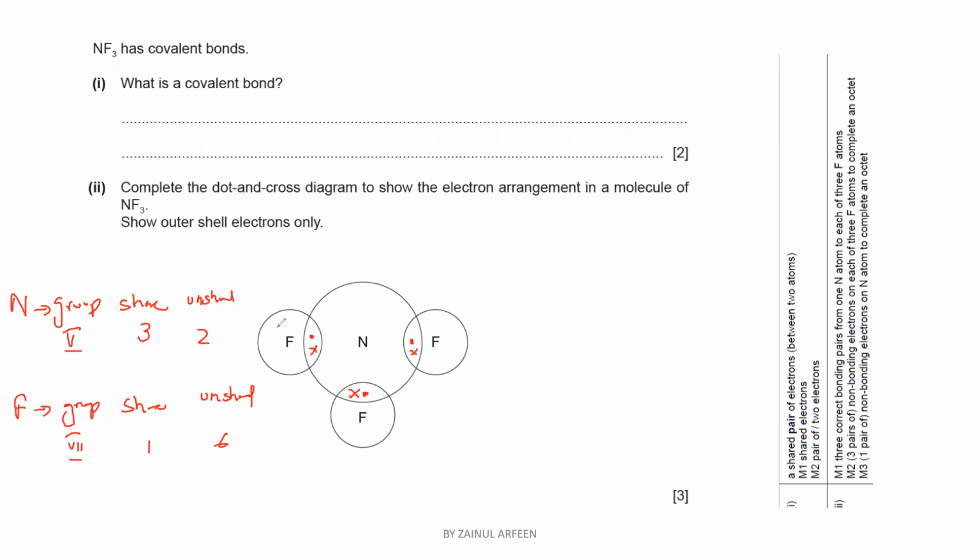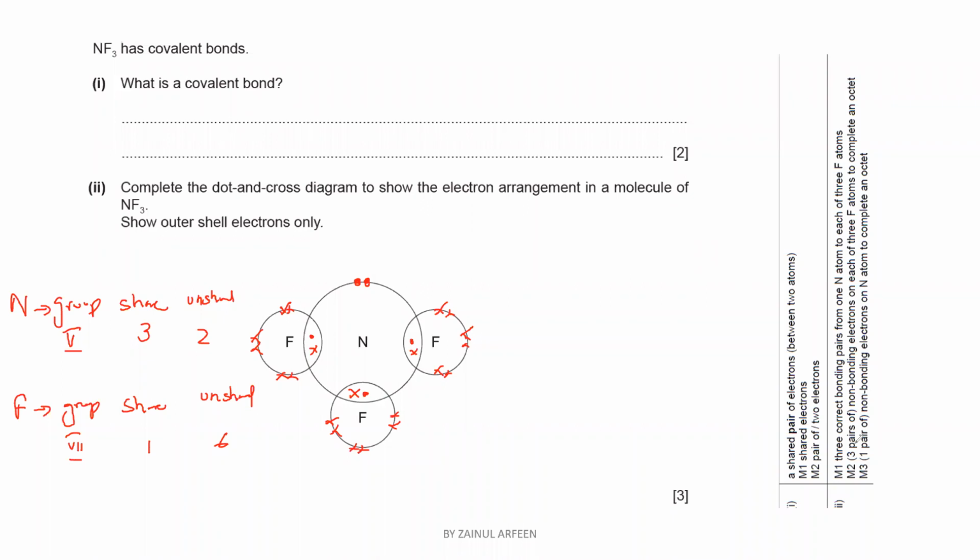So how to draw 6? Unshared 1, 2, 3, 4, 5, 6. Same thing for the other fluorines. And for nitrogen, only a pair of electrons, or 2 electrons, are unshared. So this is the actual structure of